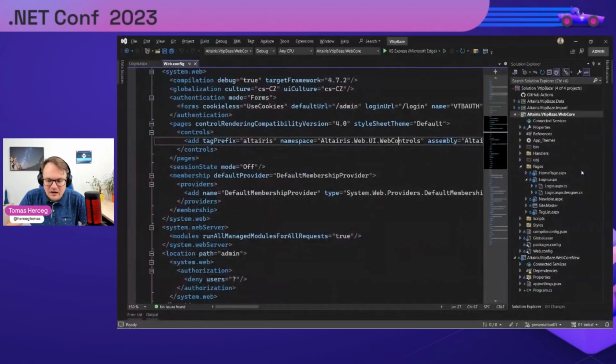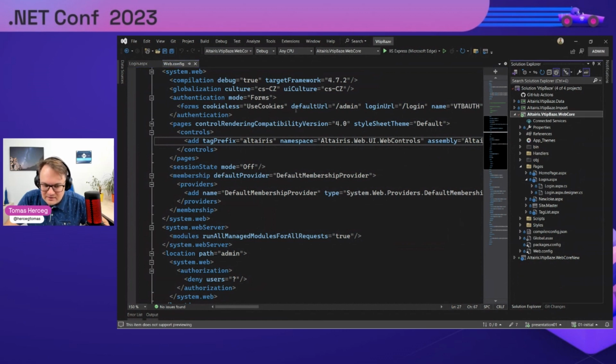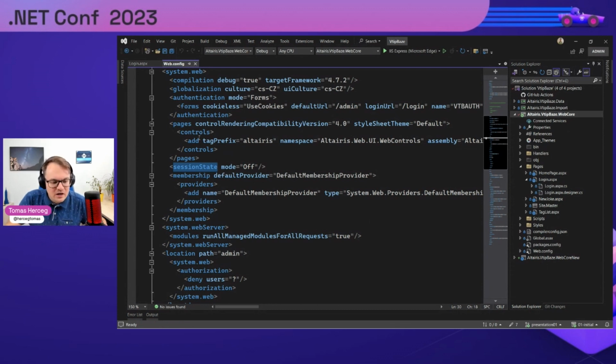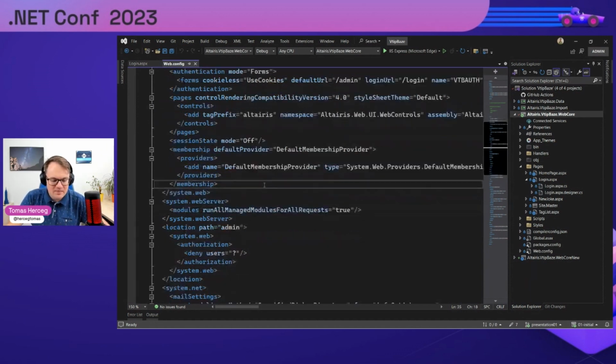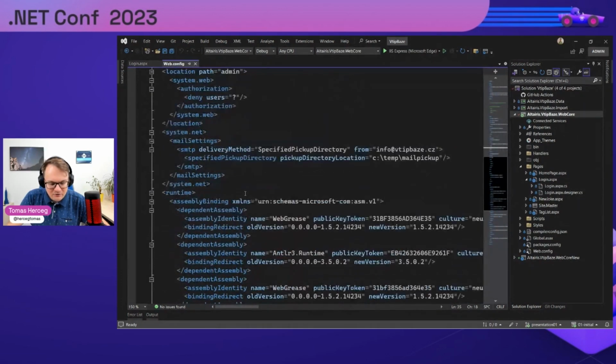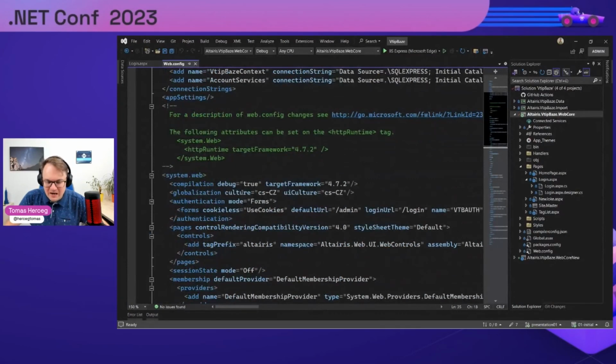I have a web forms application provided to me by my friend, also an MVP from the Czech Republic. And as you can see, this is standard web forms stuff. There is a web.config. We are happy we don't have to deal with the session because the application doesn't use session, but it is using forms authentication. It's using membership providers to store the user account information, and there are some other things that will cause some challenges during the migration. And so if you want to start with the side-by-side migration, you should start with installing